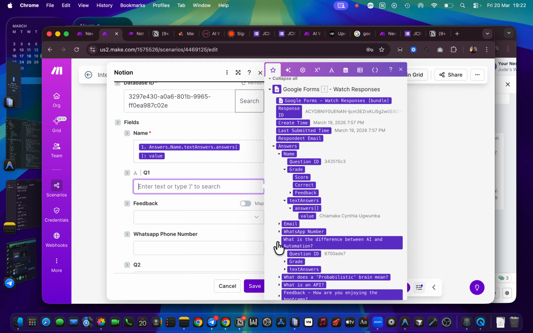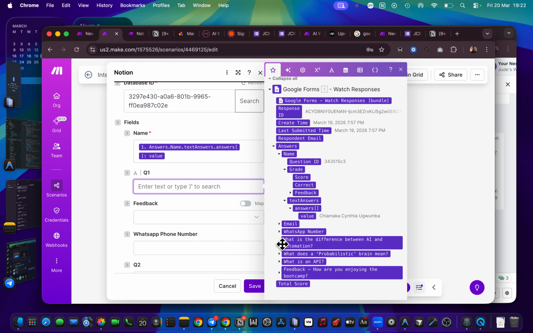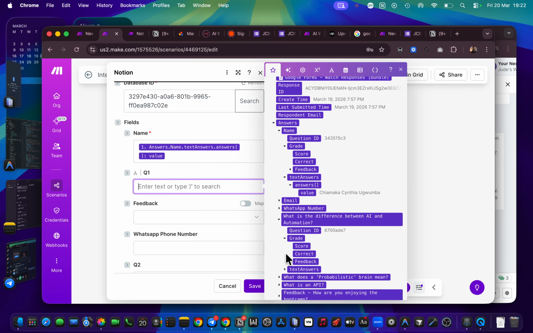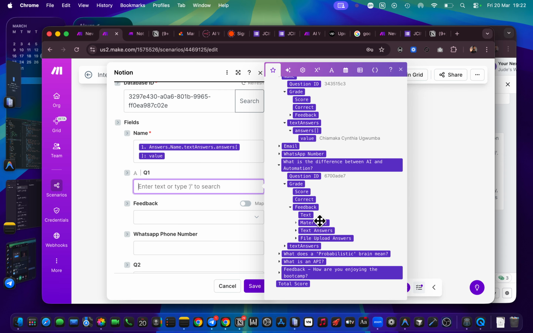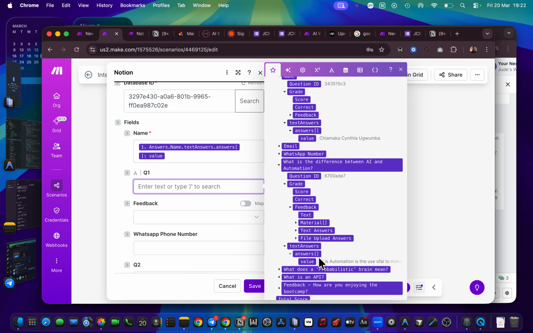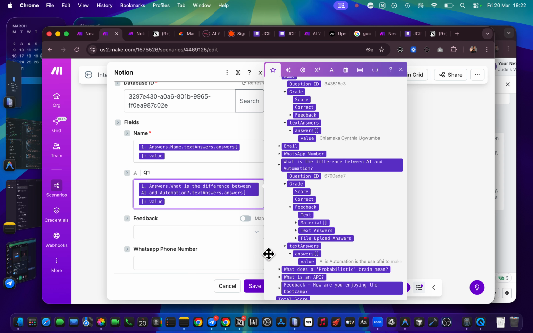We have other values, like the question ID, the grade, the score, the correct one, feedback, and many other things that we probably don't need. The only thing we need is the text answer, what the person typed in. This person wrote that AI automation is the use of AI to make many other things. So we pick that value as well.